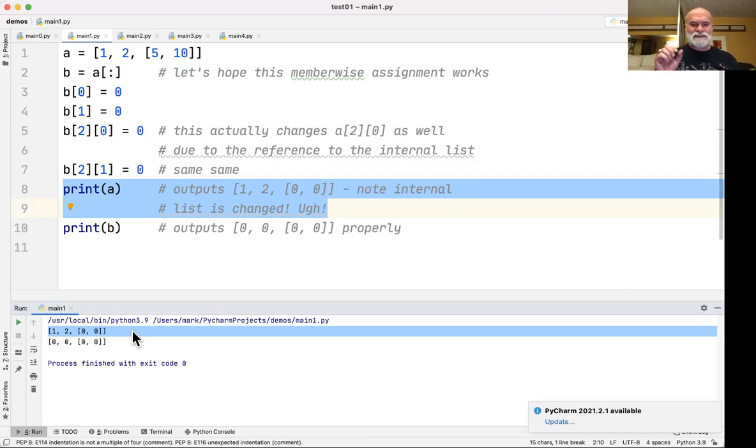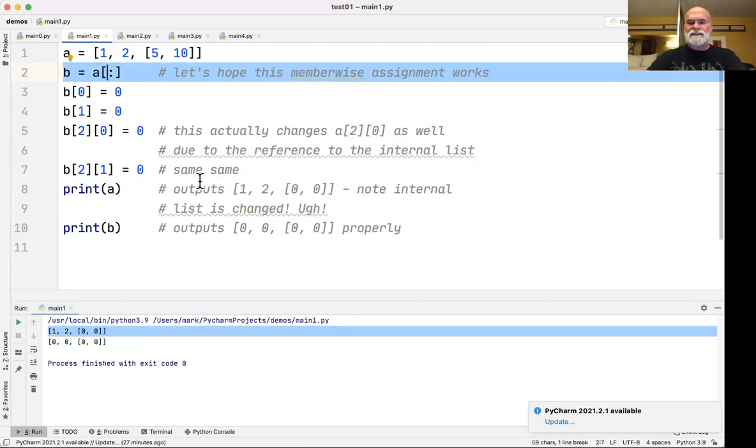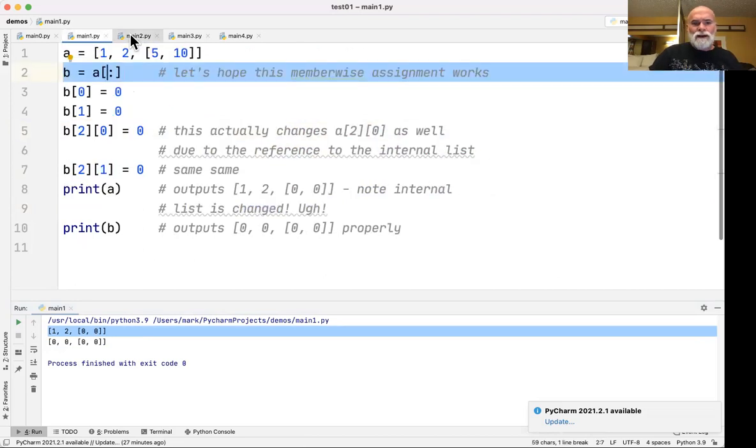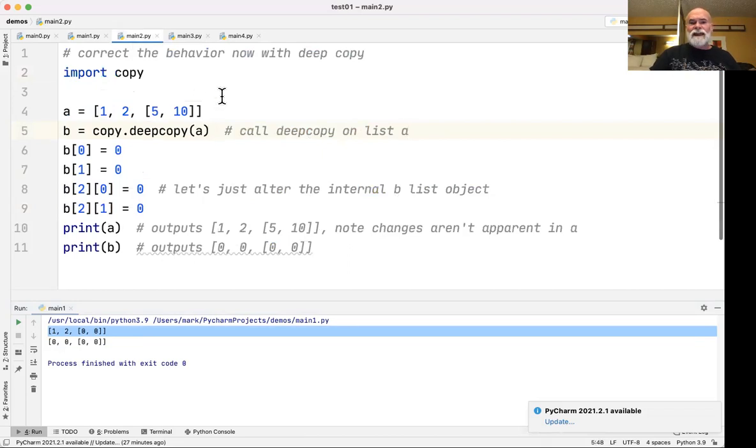So this is a demonstration that normally this member-wise assignment using slicing works. However, it won't work if you have a more complex object that's an element of your list. There is a way around this though, and that is to use deep copy. Now here's some code. I'm taking this exact same code that faults, and I'm going to apply the deep